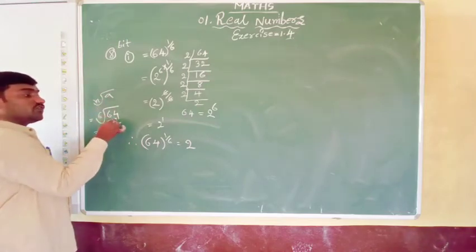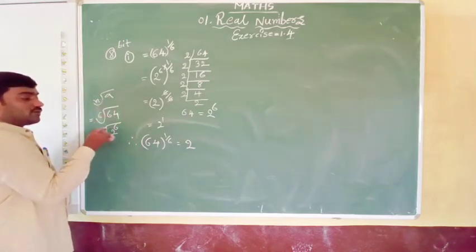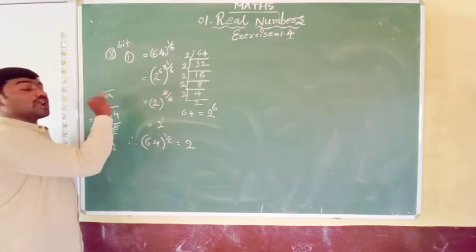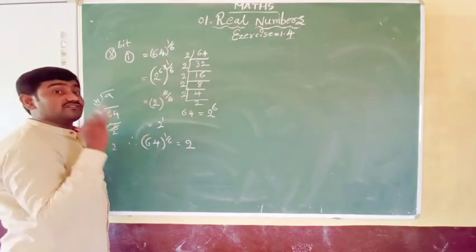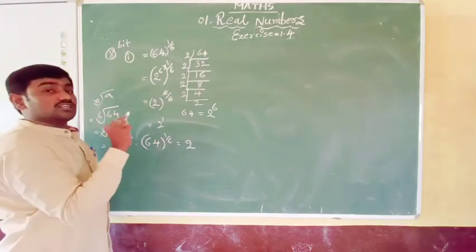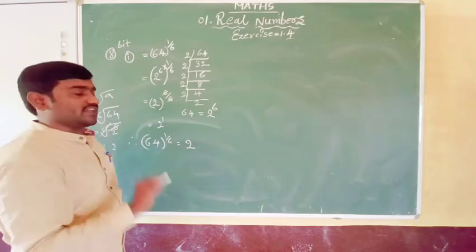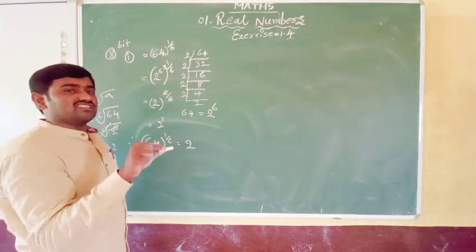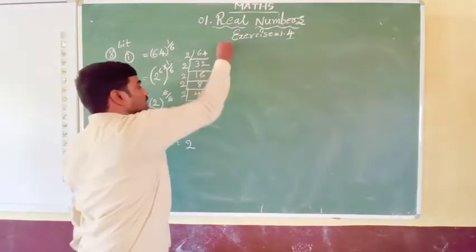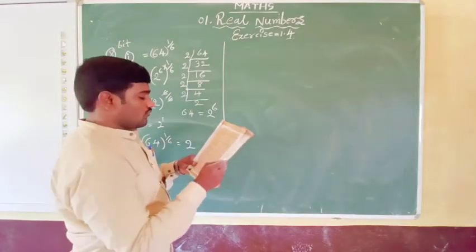This 64 we have written as an nth power, so we can cancel and we get a rational number. So a should not be an nth power of a rational number. That is the definition of a surd. So n is greater than 1 and a is a positive rational number but not an nth power of a rational number. If it is an nth power of a rational number, it is not a surd, it is a rational number. Okay, that you need to remember.